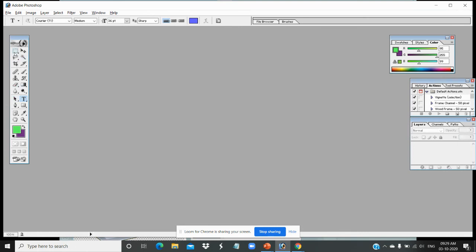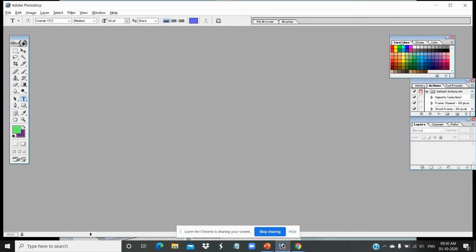If you click on a tool, you will get the name of the tool. This is your crop tool, this is your slice tool, magic wand tool, and this is your path selection tool, hand tool, zoom tool, everything is here. And this is your colors panel, and then this is the layers panel.